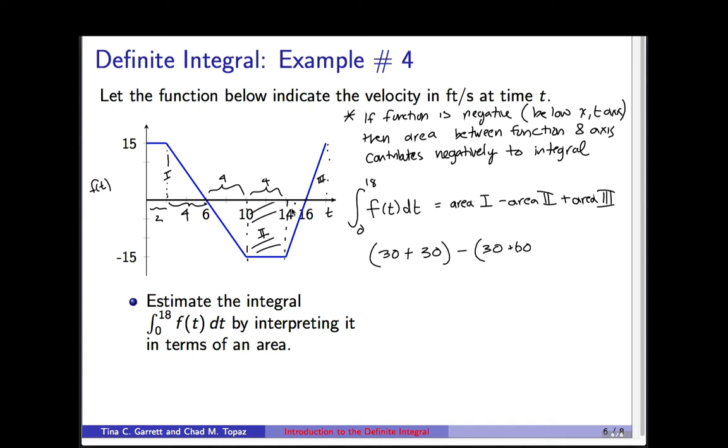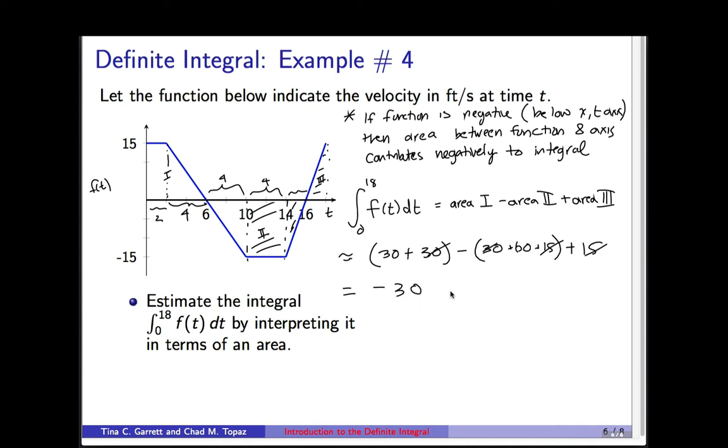And then this little piece, this triangle piece right here, that's got base 2 and height 15. So that looks like it's going to be a 15. And then we just need to add in this last little bit, and I believe that's a 15 also. So if we compute this, I think these 15s go away, one of these 30s cancels, and it looks like we get negative